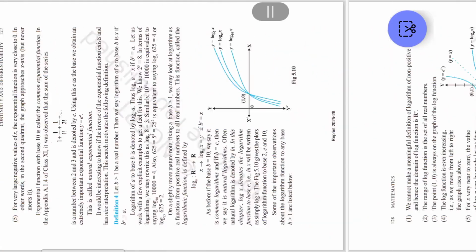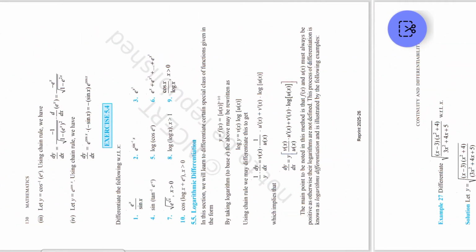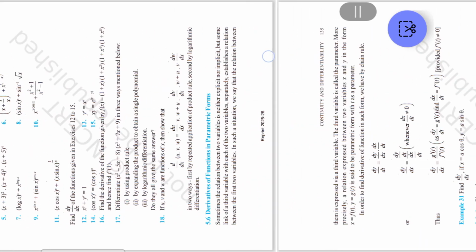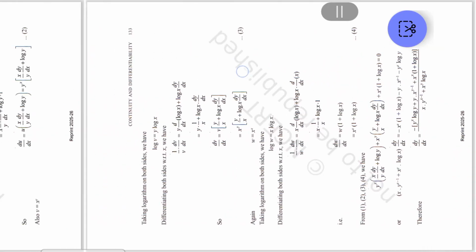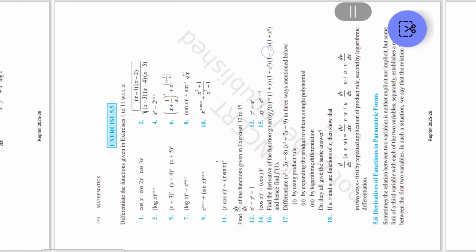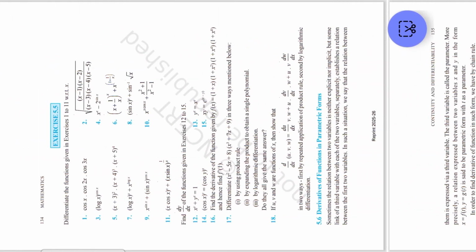And exercise 5.4, in this exercise you must practice every question along with the examples. And coming to 5.5, in this, examples 29 and 30 are important for 2 marks only. These are logarithm questions, important questions. And in exercise 5.5, log to the power of cos x and this one are important,